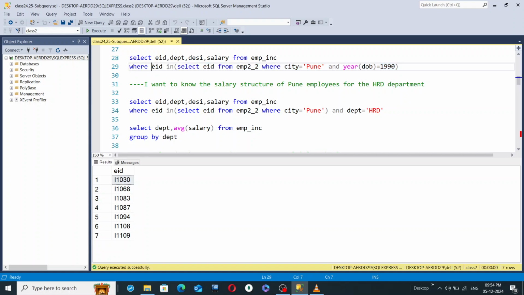These 7 EID values will be mashed up under the EID column of this table EMP_INC, and whichever EID values are present, only those will be filtered, selected, and displayed, and for only those selected EID values, the department, designation, and salary values will also be displayed. Okay, so this is an entire subquery. Select lines 28 to 29 and hit the execute button,